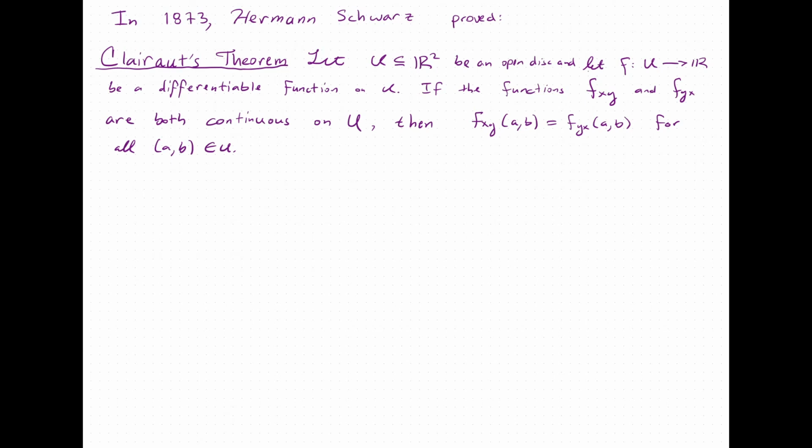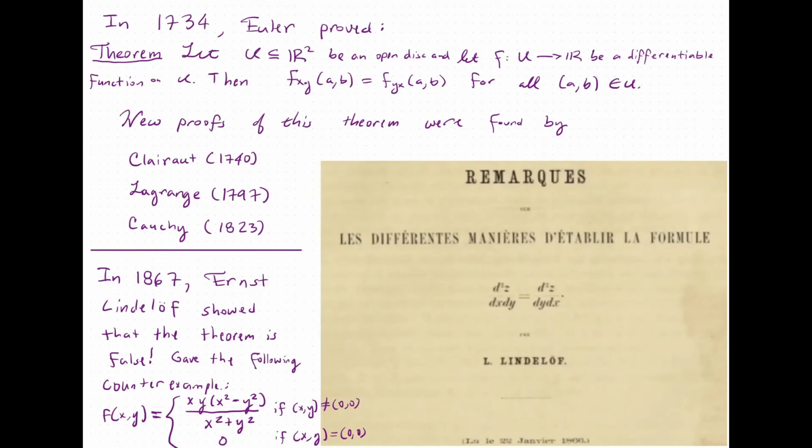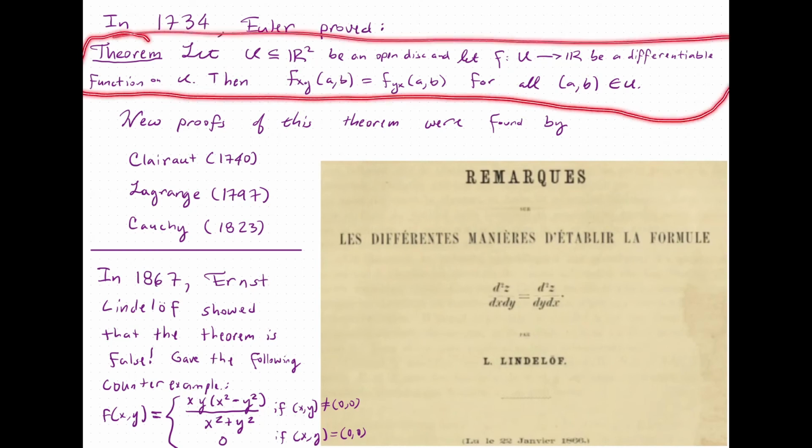But now, the thing I want you to keep in mind with this is that it was not until 1873 that the correct theorem was published. Yet, in the 100+ years between Euler's original proof in 1734 and the counterexample found in 1867, other mathematicians used this theorem to prove results. And each of those theorems is now at risk of being incorrect because they are based on a faulty statement.